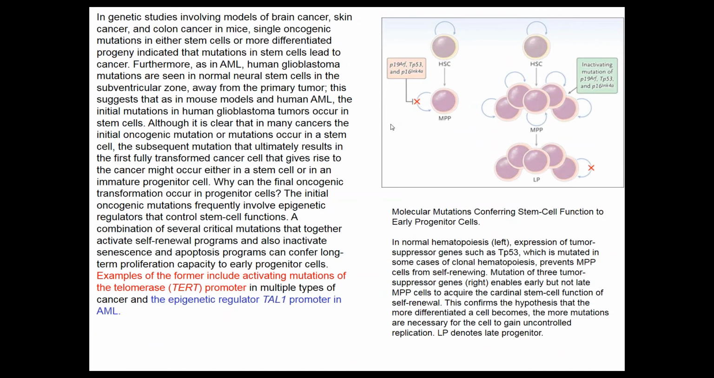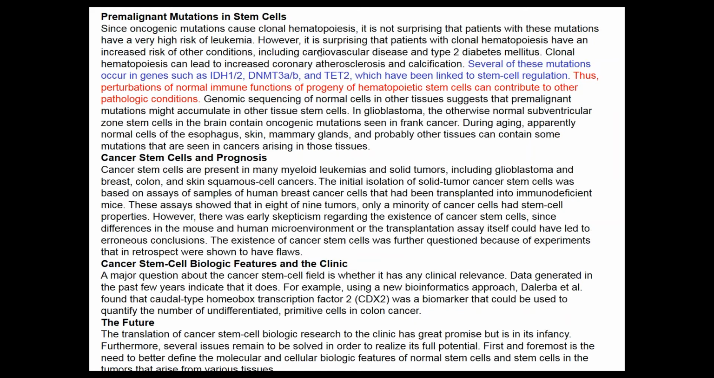The genetic mechanisms that are involved here so that cells can proliferate forever involve telomerase, so that the telomeres are reconstituted, and a whole bunch of epigenetic regulators. And here's an example that was discovered in AML. And that's the discussion here of how these cells then become pre-malignant stem cells, and genes that are involved here